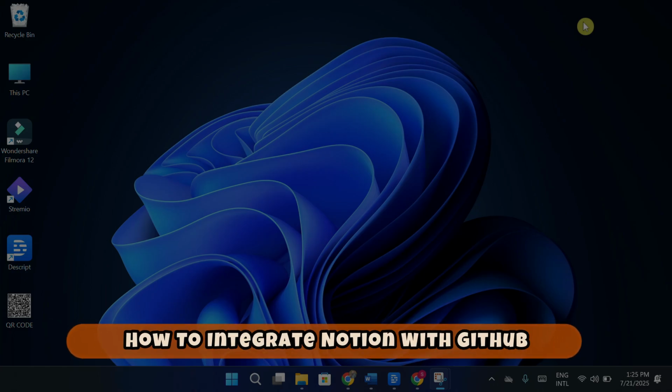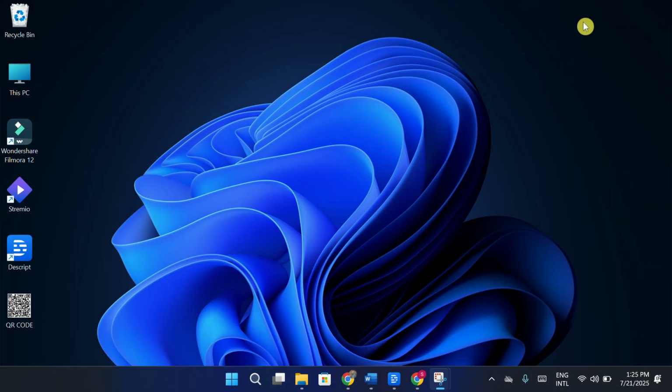How to integrate Notion with GitHub. Hey guys, in today's video, I'm going to show you how to integrate Notion with GitHub to better manage your code, tasks, and documentation all in one place. Whether you're a developer or a project manager, this is a great way to streamline your workflow. So let's get started. First, head over to